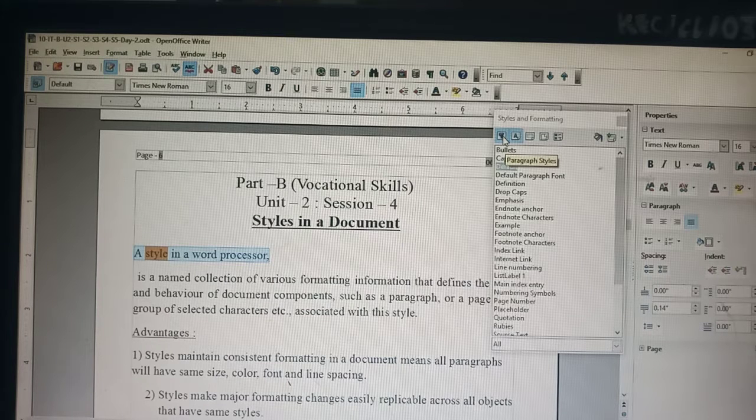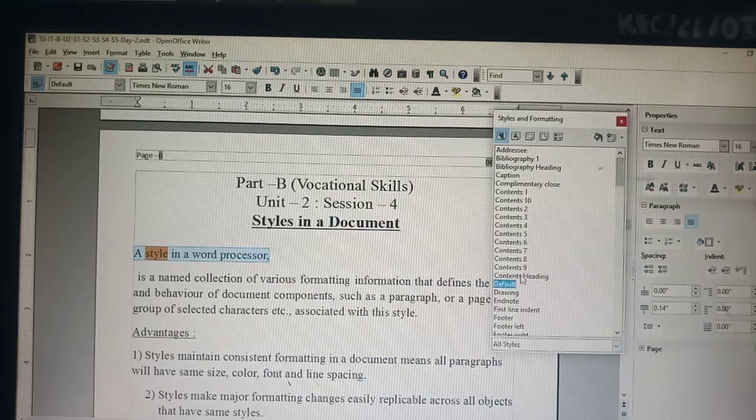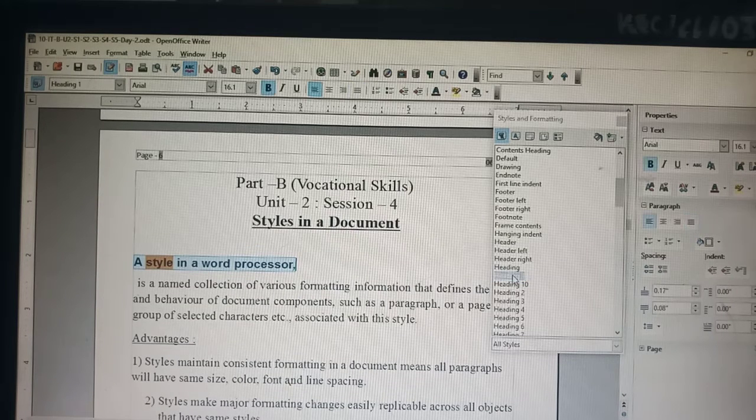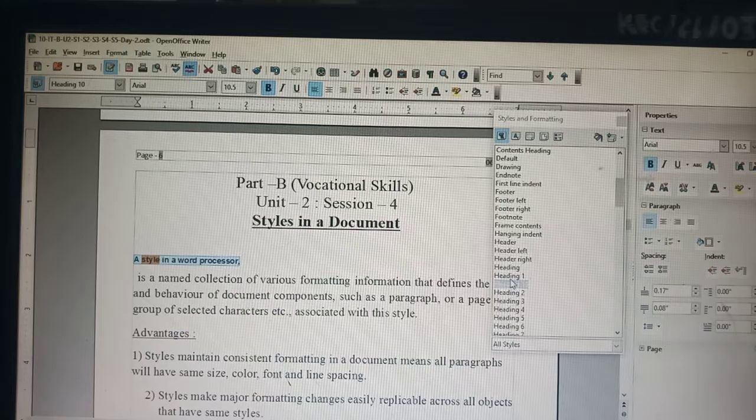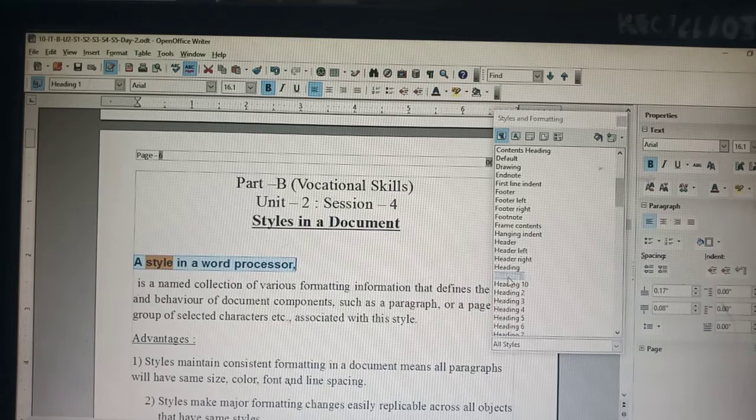In paragraph style, by default it is this. Now I am going to change it to Heading 1. Then see the effect. You double click on it to make the style change. If you double click, see, this is the Heading 1 style. In the same way, if you double click on Heading 10, this is the Heading 10 style. Like that, various heading styles are there, you can change it.